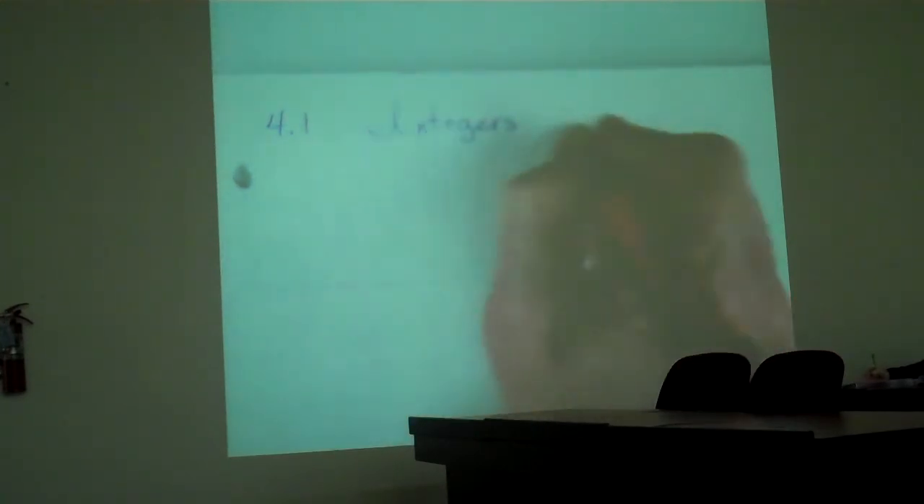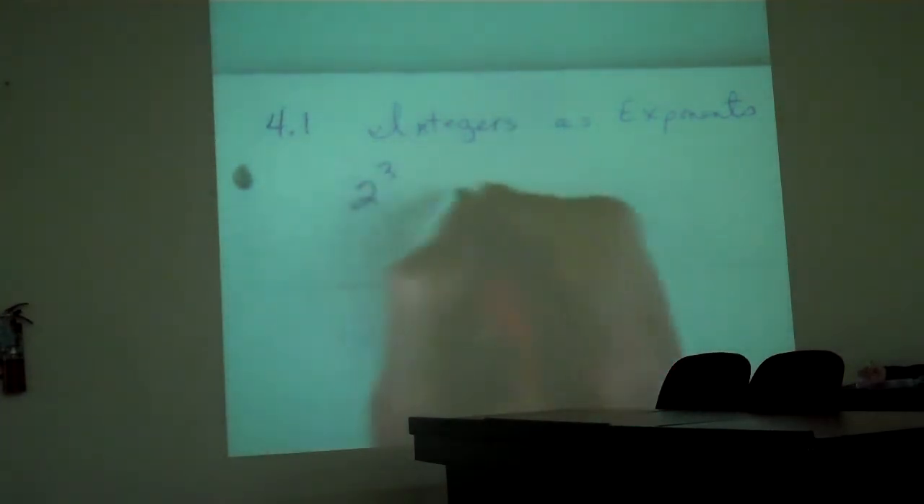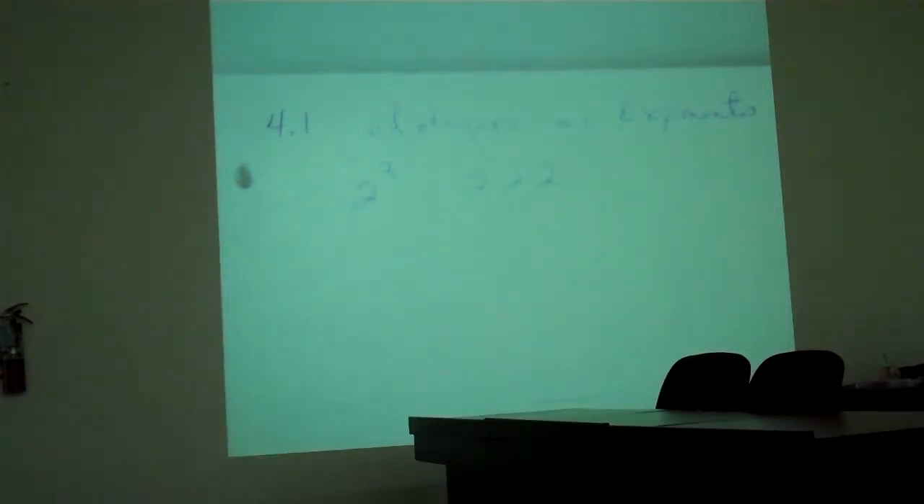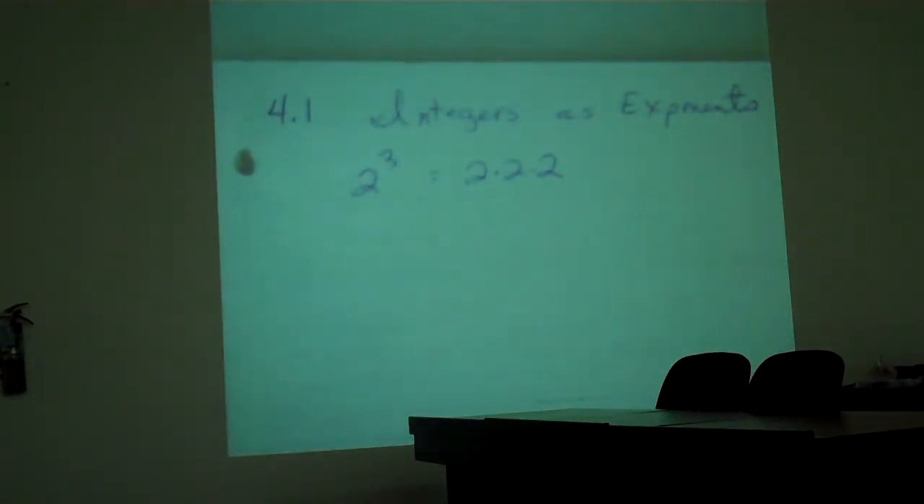Integers as exponents. You already know positive exponents, like 2 to the third power means 2 times 2 times 2, right? Okay, now if you have a negative exponent,